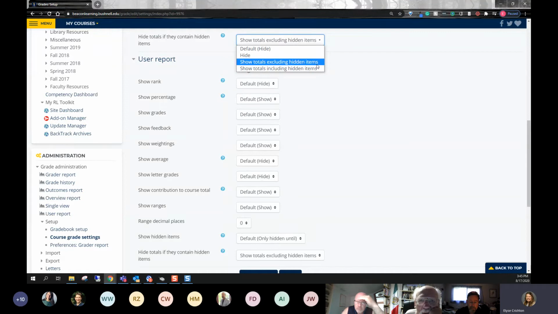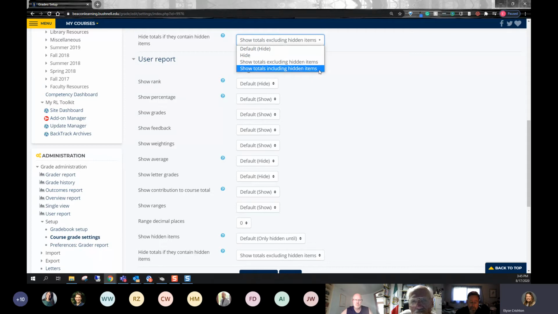However, if you have hidden an assignment that you do want in the course total, the one example I can think of that I have heard about is an instructor who was hiding forums that they were using in their course, but they were hiding them so that students would stop posting to them after a certain due date. And she did want those totals included.